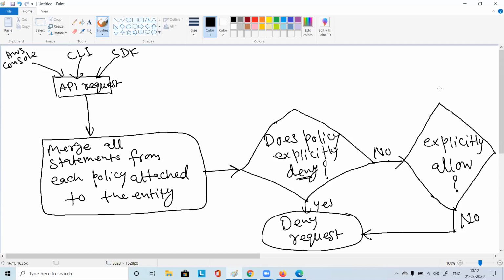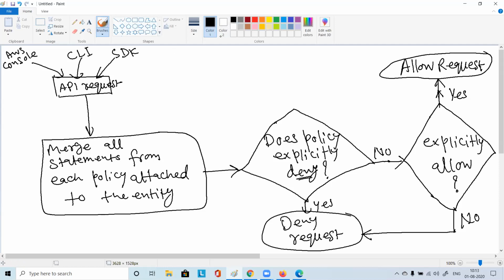Yes, if an explicit allow is there, then only allow the request. Making sense? Correct? So this is how the evaluation of the policy happens.